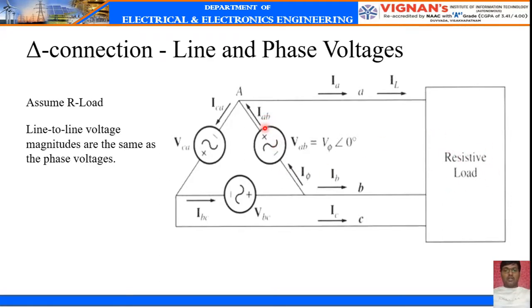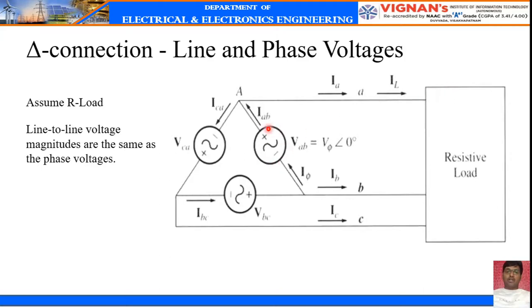The phase currents are IAB, the phase current between point A and point C is ICA, and the phase current between point C and point B is IBC. Is it clear? This positive sign indicates the active sign convention. That means current should always leave the terminal that is positive if the element is a source. If the element is a load, or a passive element, the current should always enter the terminal that is positive.